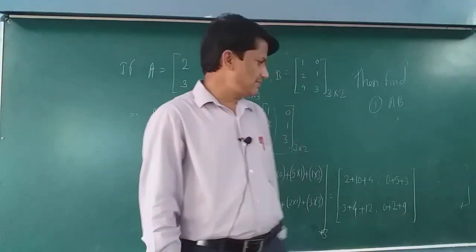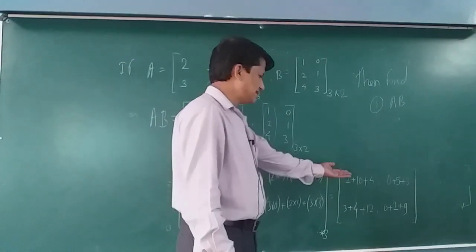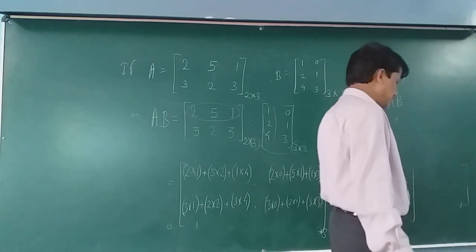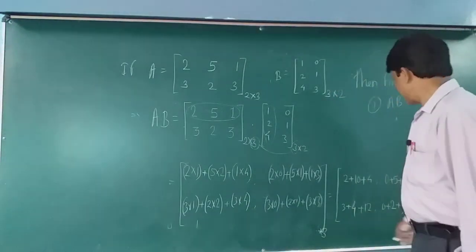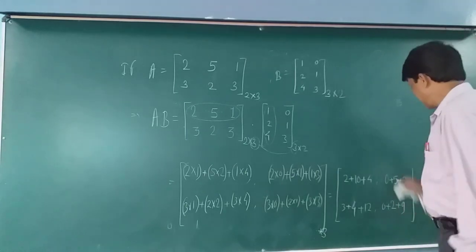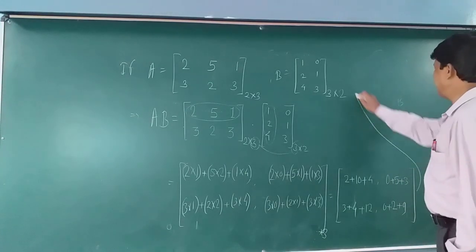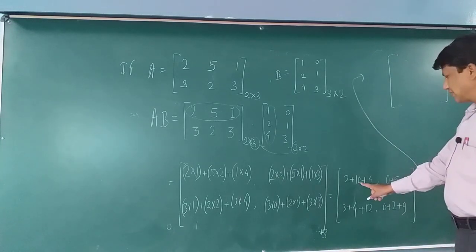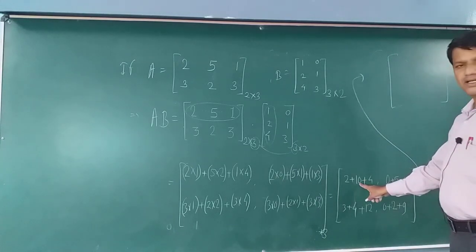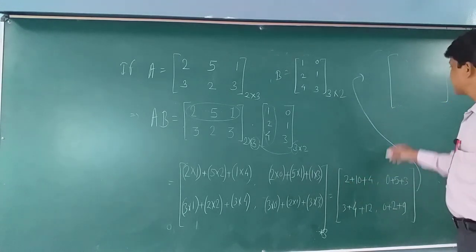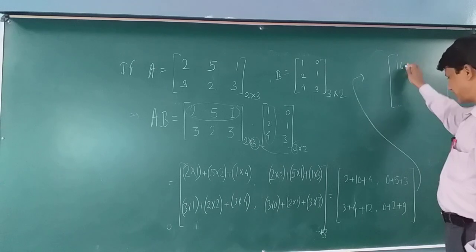Okay. So this is about the product, and the final answer we can find by easily adding these two results here. So what is our answer? I am writing the answer of this here at this position. This will give us AB. So 12, 2 plus 10, 12 plus 4, 16. This is the first position.